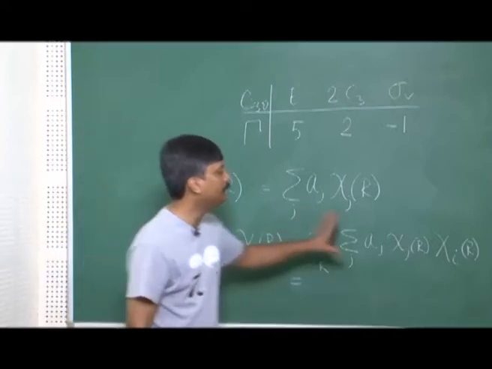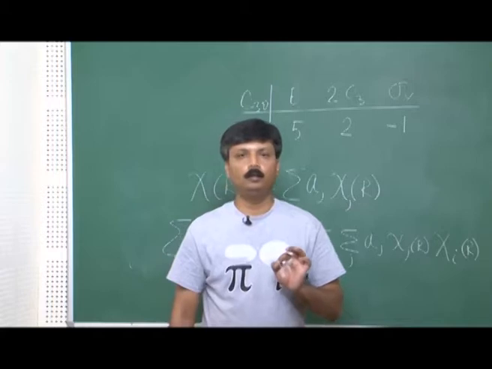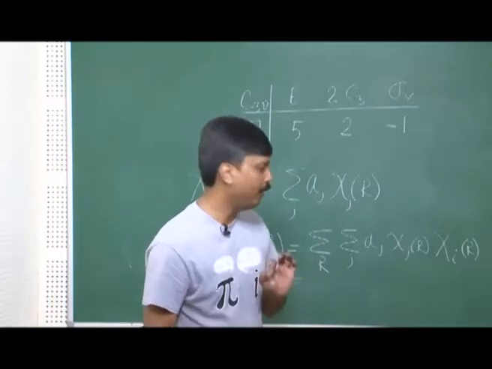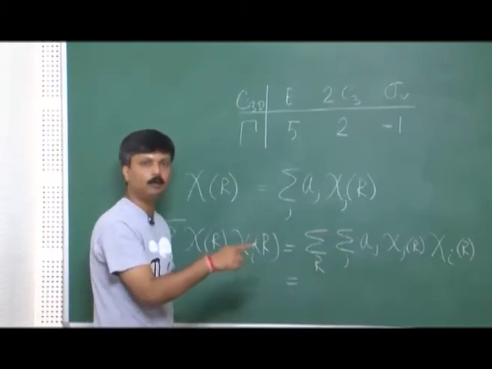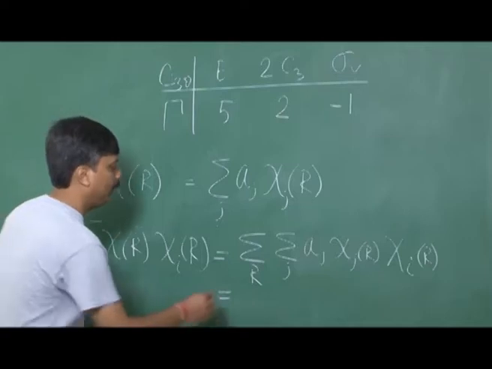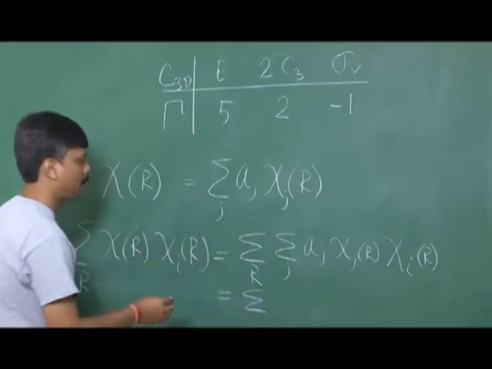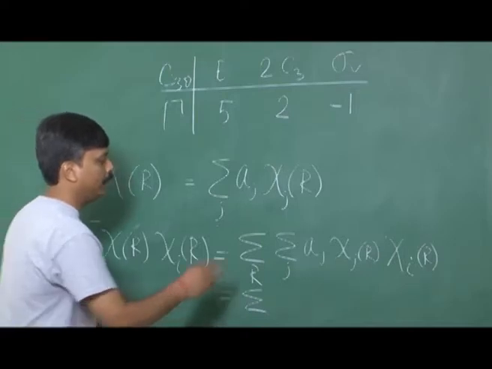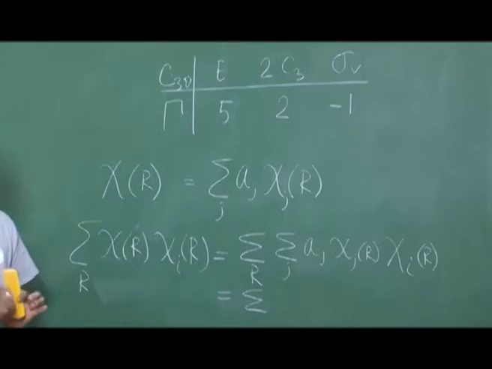So this term can survive only when i equals j. Fine. So if I put j equals to i, then only this term can survive. So therefore, what I can write is, okay, not only that will survive, and that will yield a particular value, which is